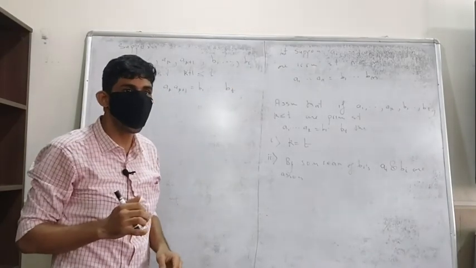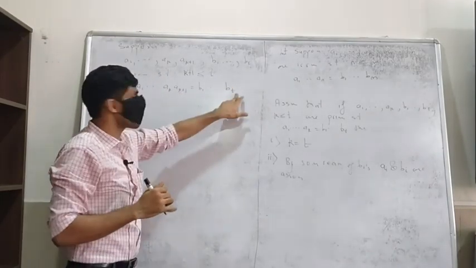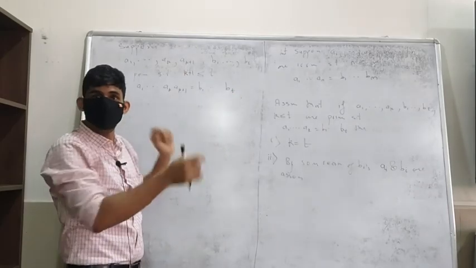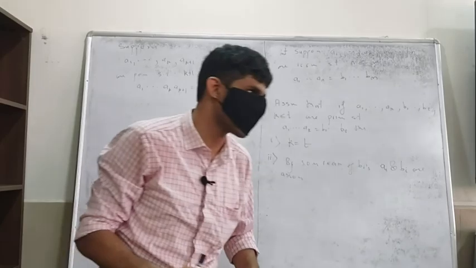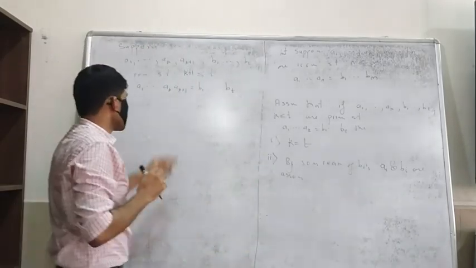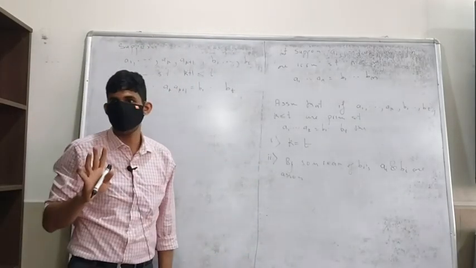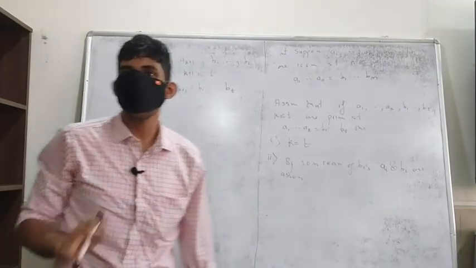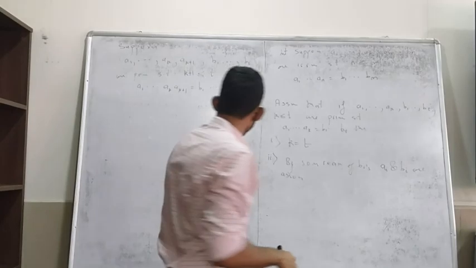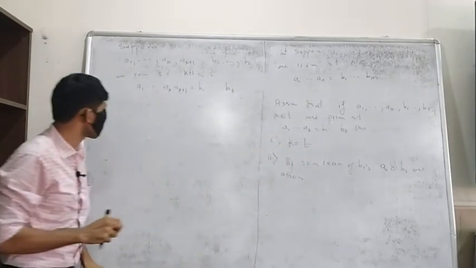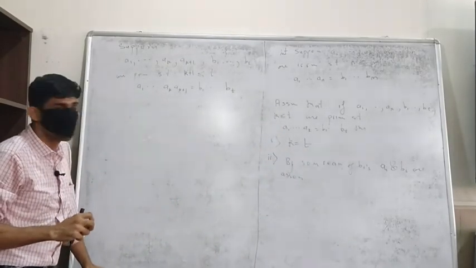Then what I need to show is that k plus 1 is equal to t, and by some rearrangements the ai's are the same as, or associates of, the bi's. So the idea behind this is just to cancel out one of them. If I can cancel out one of them, then I use the induction hypothesis and I'm done. So how do I cancel out one?